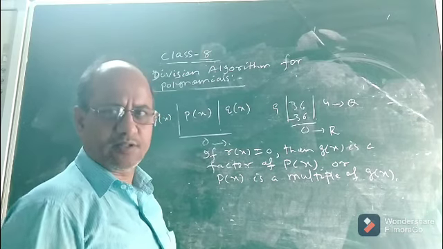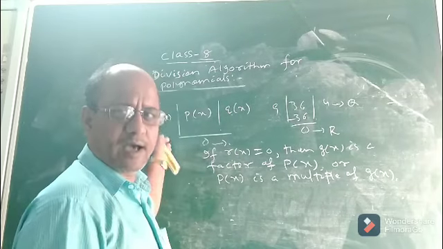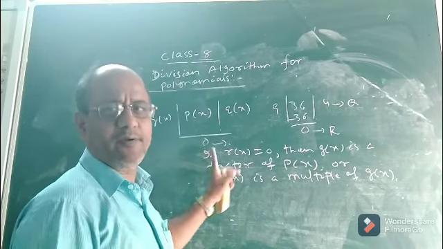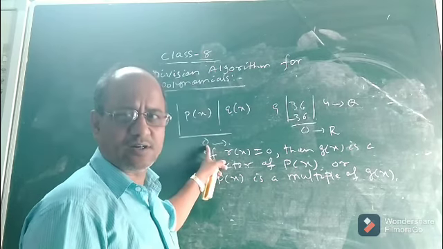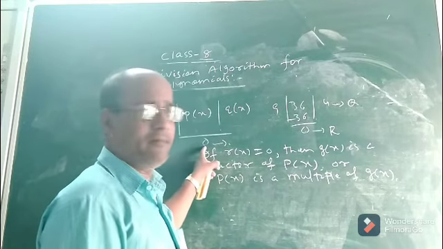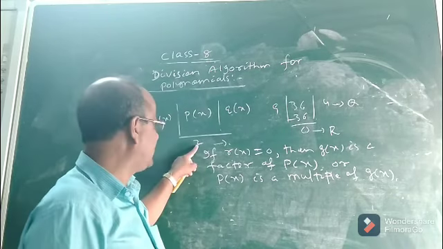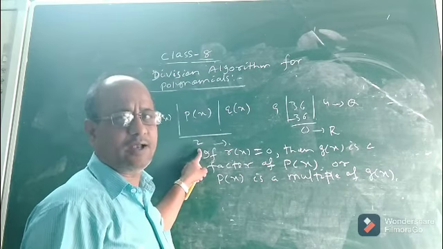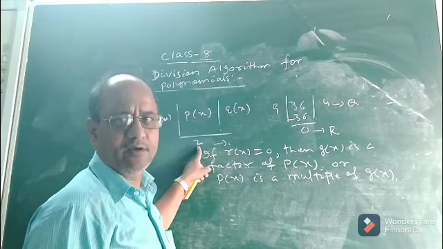Now the last thing, children. Whenever you divide a polynomial by another, what will be the remainder? The remainder will be either 0, it is not necessary that the remainder will always be 0. It may be a non-zero constant also. Now see, suppose the remainder is 2. What is the degree of this remainder? 2 is a constant, as I have told you while discussing constant polynomials. Since 2 is a constant, its degree will be 0.